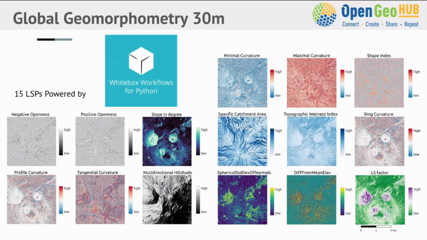And later on, we also produced datasets for the Geoinformatics 30 meters using Whitebox Workflow. We created 15 land surface parameters, and we had this collaboration with John Lindsay, who kindly guided me to use this software, and we found it quite efficient and robust for producing all these parameters. In this first round, we chose 15 land surface parameters, including some local topographic ones and some hydrologic layers. If you have any ideas which layers would be important to the hydrologic and topographic community, we would be happy to also produce them and add them to have more surface parameter datasets